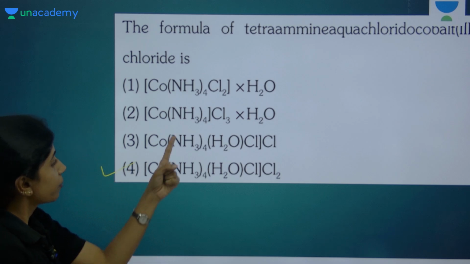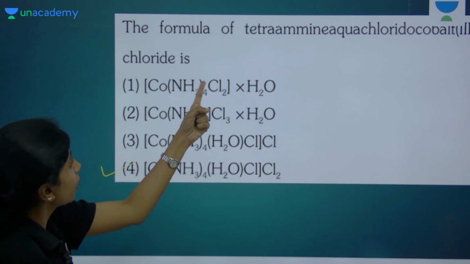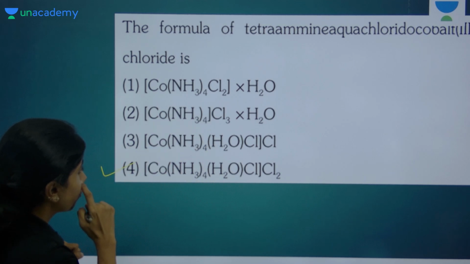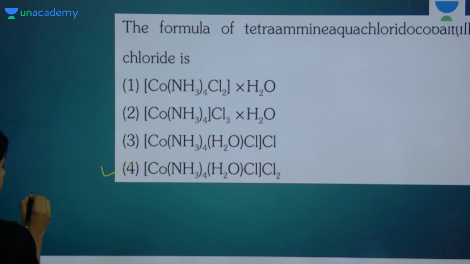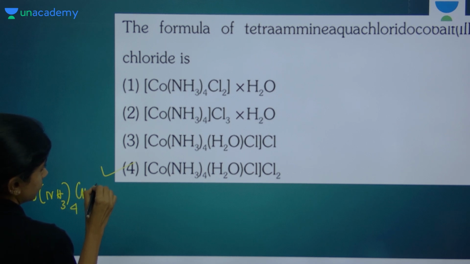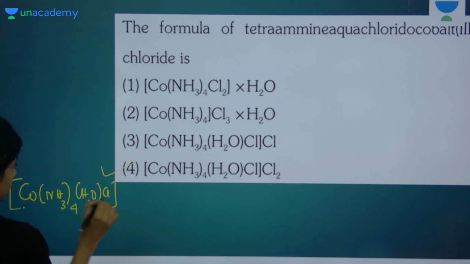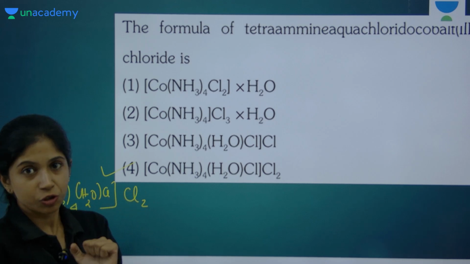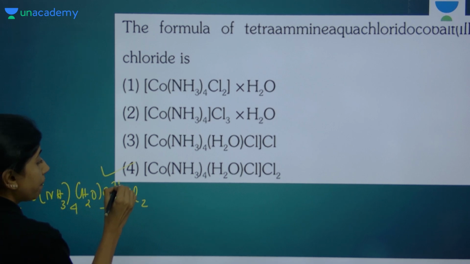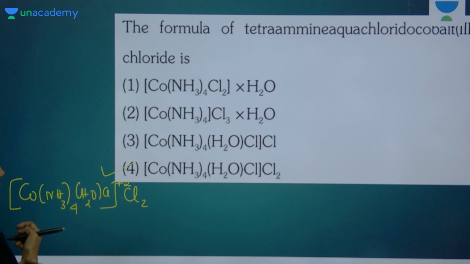We will see why 4. Again, here you have 4 ammine in all of them, aqua is not there anywhere inside, the complex is not in the coordination sphere, and here you have chlorido. We will see why this option is right. Outside the coordination sphere you have 2 chlorine. To neutralize this, the coordination sphere will have a +2 charge. Now if we calculate the oxidation state for cobalt, this comes to be